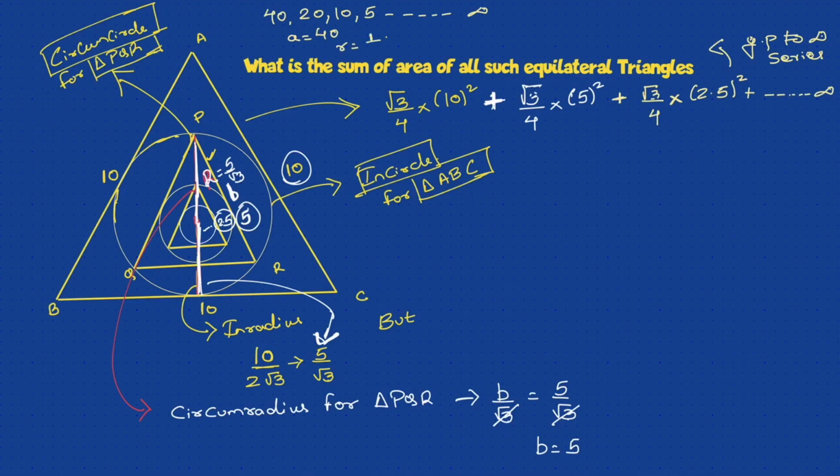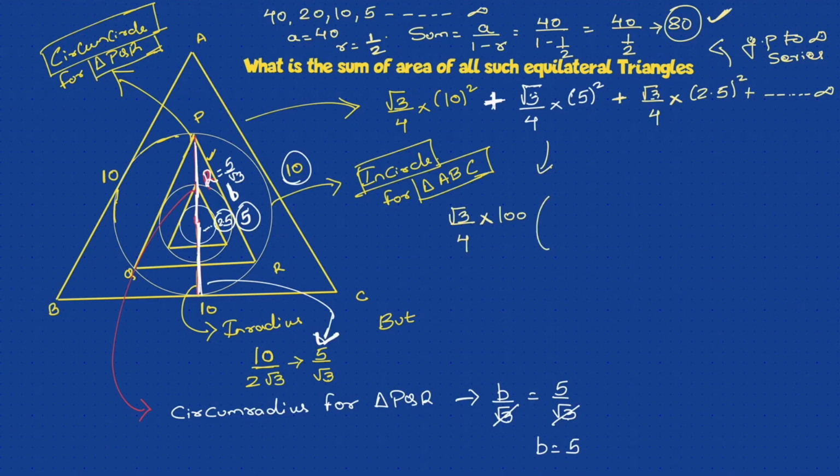So if I add all of them, what will be the sum of the terms? The first term is 40, and the common ratio, that is second term upon first term, is half. So the sum is given as a upon 1 minus r. In this example, I will write it as a, which is 40, upon 1 minus r. It's half, so the sum comes out to be 80. This is what we have studied in progressions. Now let's apply this GP infinite series formula to the same problem.